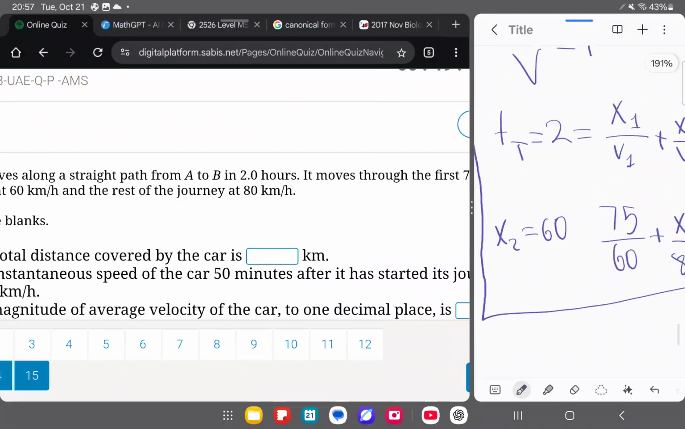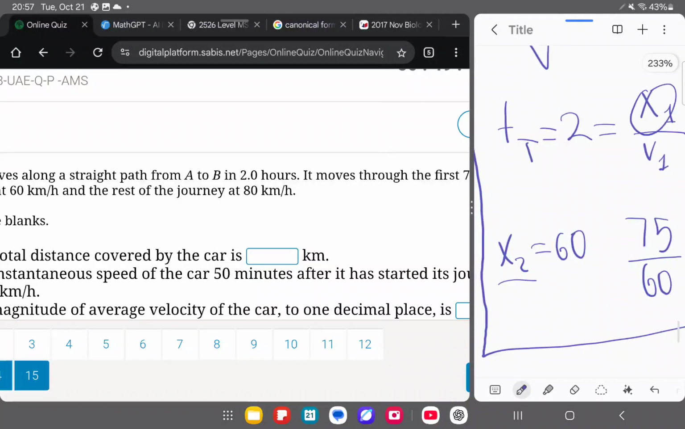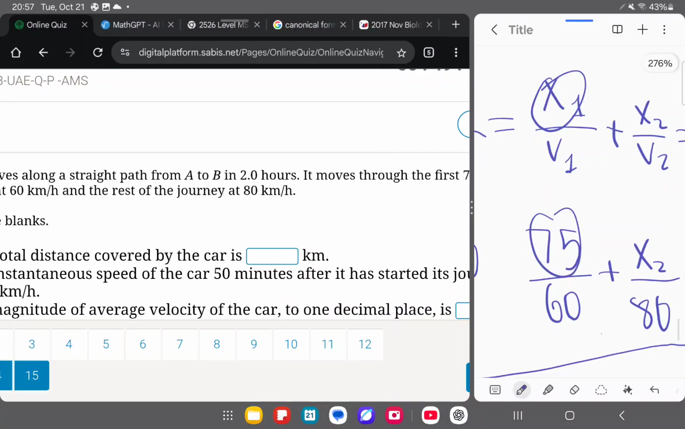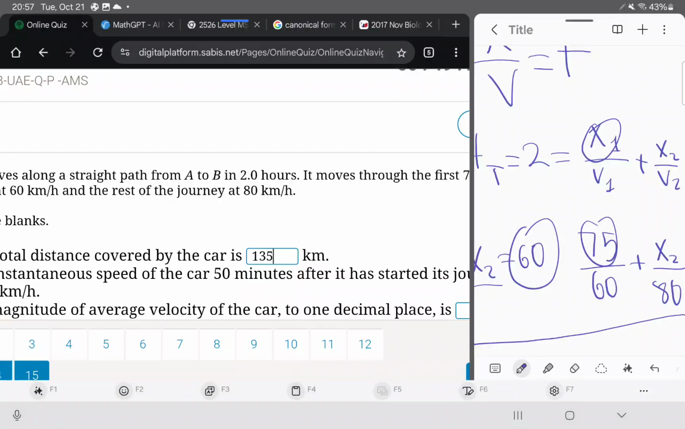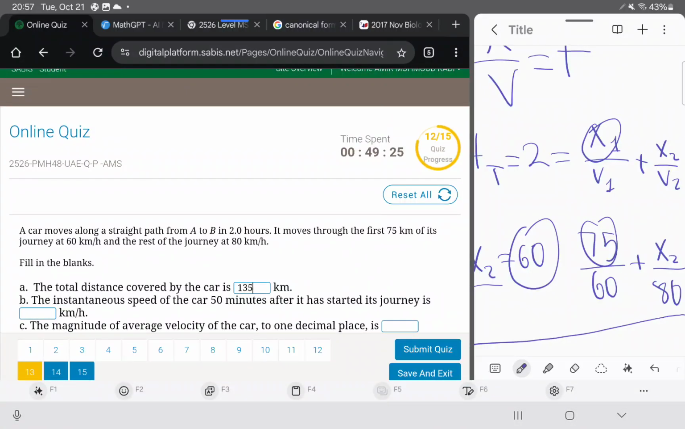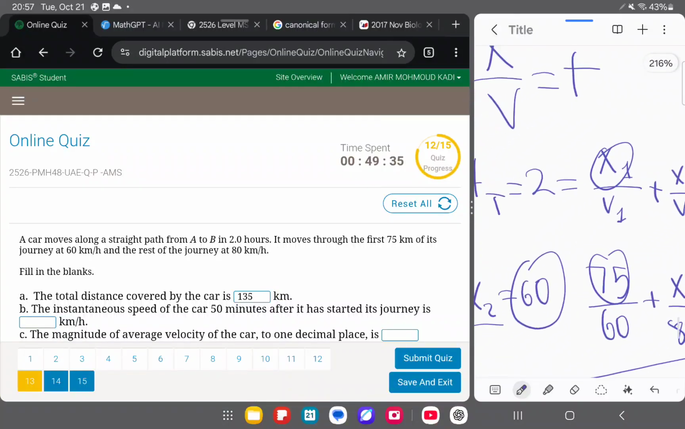And we know that total distance is just x2 plus x1. x1 we already know is 75. So now that we have 75 plus 60, it should be equal to 135. The instantaneous speed of the car 50 minutes after it has started its journey. So 50 minutes is 5/6 of an hour. So to find the instantaneous speed,